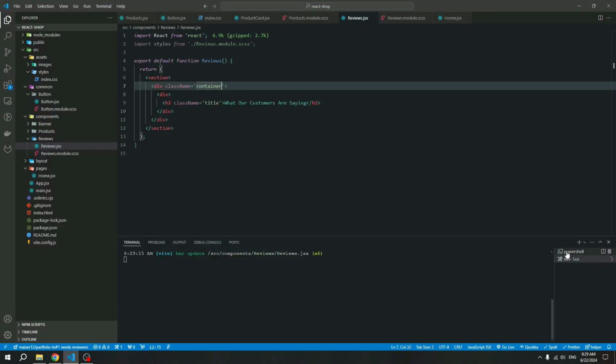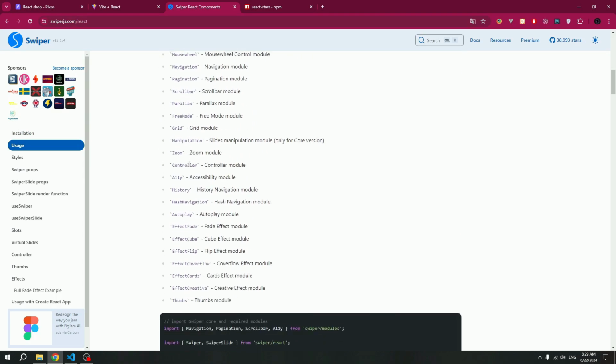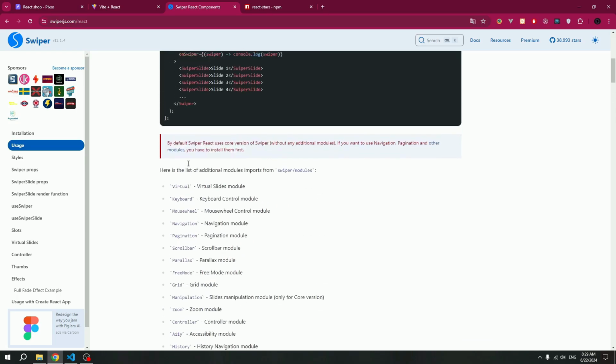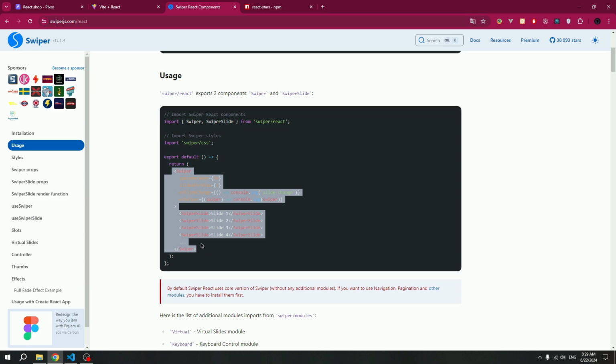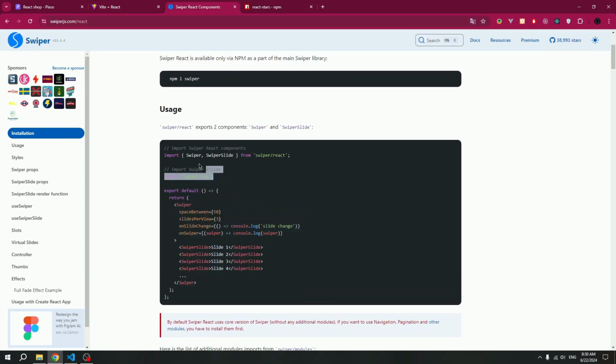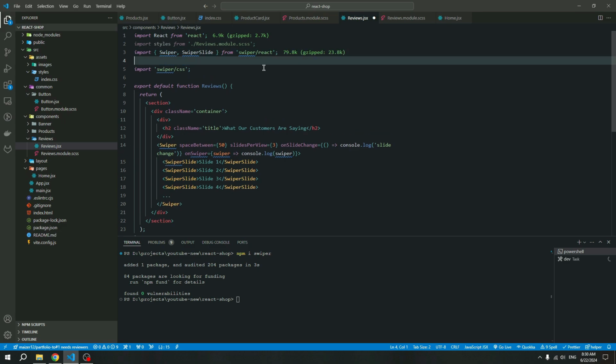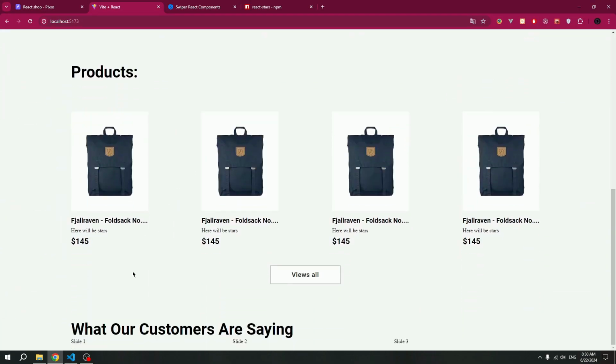First we need to install this slider, and try to use this code. But we also need a button. Okay, let's try. Using this import. Okay, everything works, and now we can create review cards